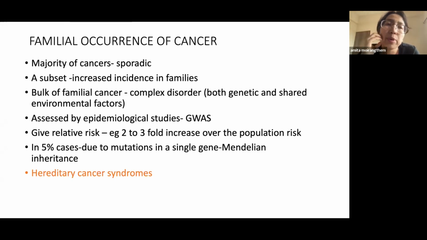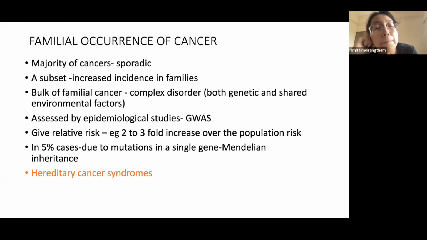Most of the sporadic cancers, as I had shown previously in that diagram depicting the genetic and the environmental factors, lie somewhere in between, and they have both genetic and environmental factors. There are various studies which try to estimate how much is the increased risk pertaining to the presence of a particular genotype, but these studies only tell us about the relative risk. They do not give us an absolute risk, and in most cases, the increase is just by some